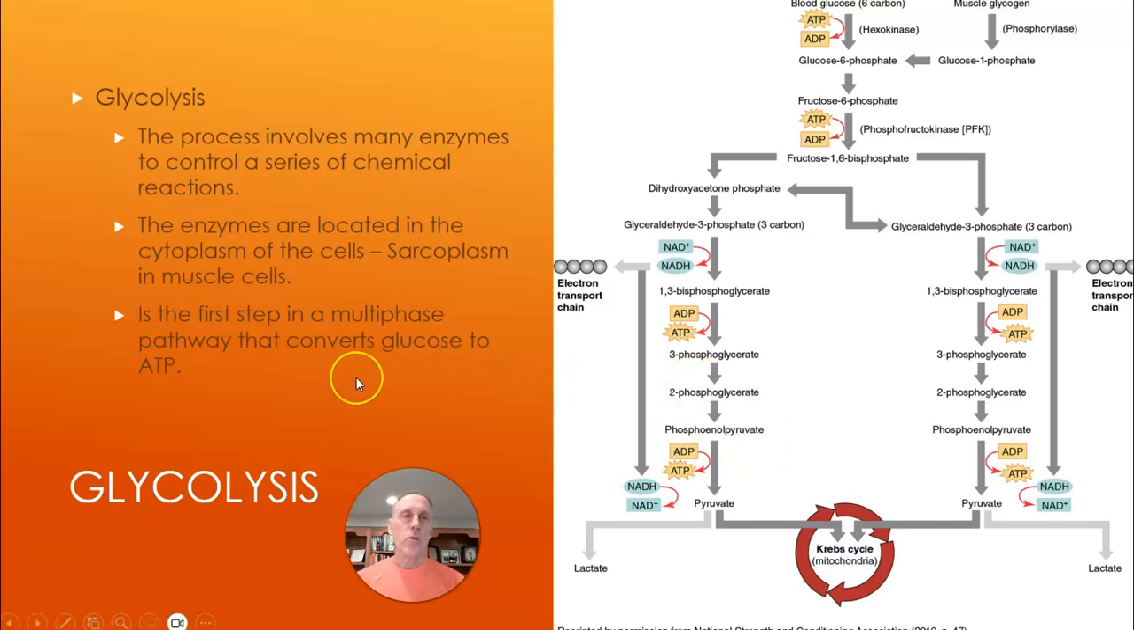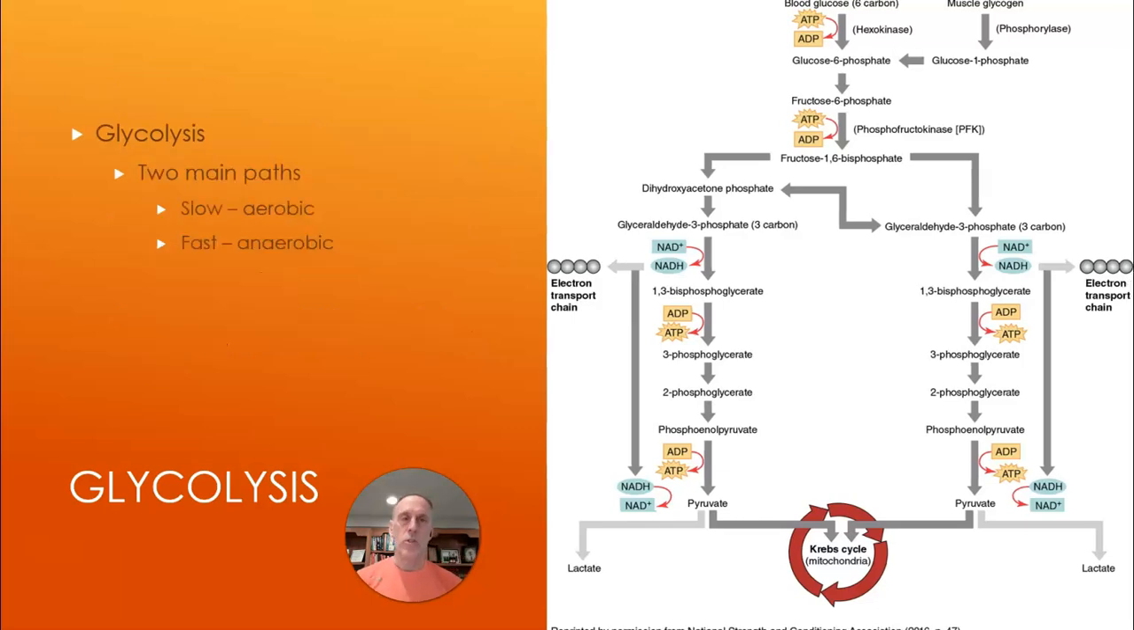It's about converting glucose, blood glucose up here, or muscle glycogen up here, through either one of these processes into ATP. That's really what you're after. And it's how that whole process happens that dictates and determines what actually is happening. So you have these two main paths. You have slow and fast. And when you look at these two paths,